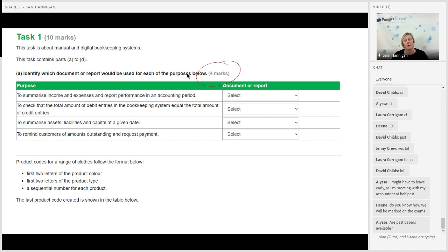Are the past papers available? No. You've got 2 practice assessments on the AAT. I wouldn't suggest you go and try and log in and get AQ 2016. All I've done today is just showed you, but we've got 2 practice papers for you. You've got AAT ones. We have got some additional resources that we can send you if you do need extra